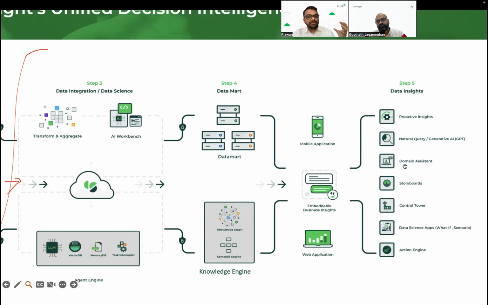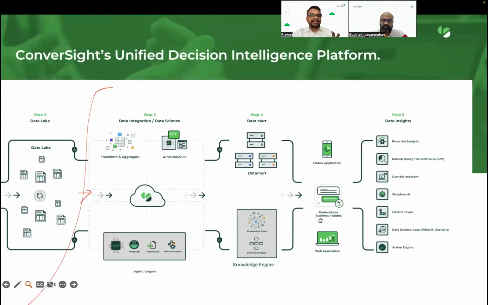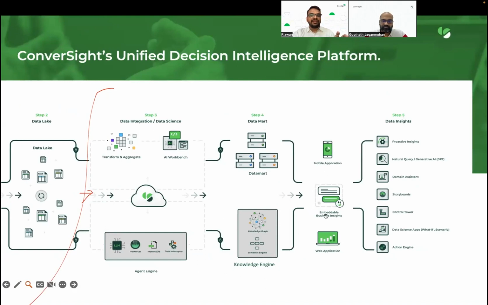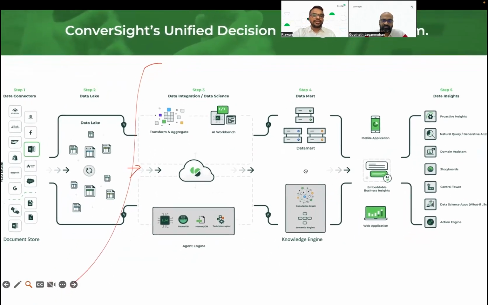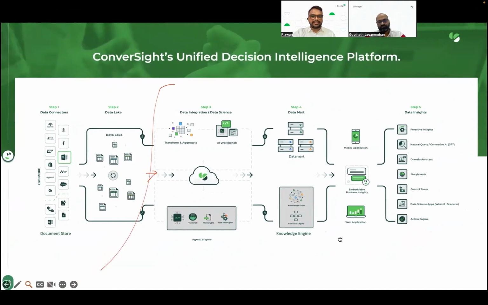And that's where Athena can help you get that level of intelligence by allowing you to get those insights, create your own storyboards, and there are a lot of features from control tower to what-if analysis, making this a complete actionable engine. And the good part is the entire experience is available on mobile as well as web browser. I know we saw that in the web application today, but the entire experience is also available in mobile applications, which means I can seamlessly connect to data anywhere to get to my overall analytics.